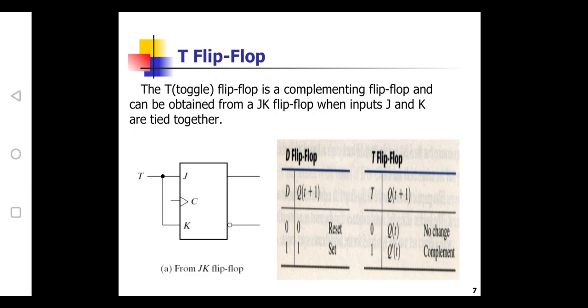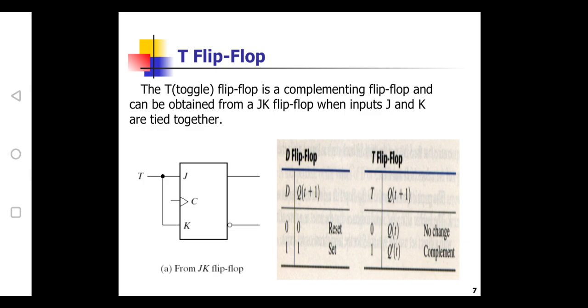The last type of flip-flop is the T flip-flop, which is called a toggle flip-flop. The modified version of a JK flip-flop is called a T flip-flop, in which J and K are shorted and you give a single input, which is nothing but T. When both J and K are 0, whatever the previous value we have, we get the same value. If T is equivalent to 0, that is, J and K are zeros, there is no change. Whatever the previous value, we get the same value.